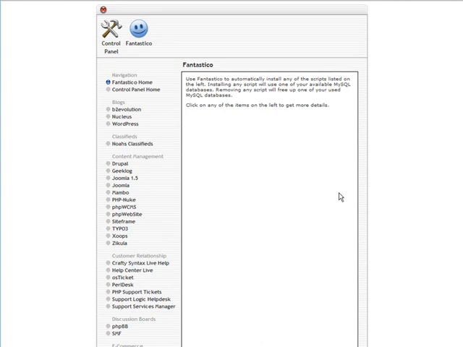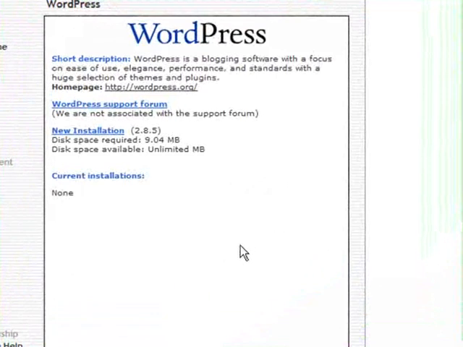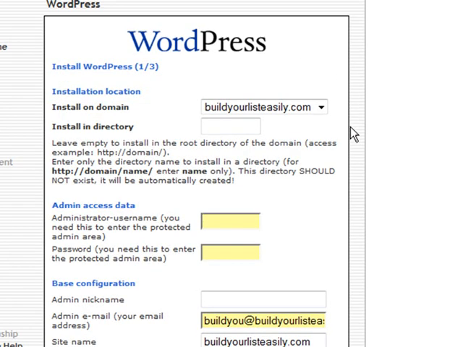Using Fantastico, there's all kinds of scripts that you can install. But what we're going to install is WordPress. So click on WordPress and then New Install. Okay, now from here you can tell it what domain you want it on, and it's going to be our current domain. You can install it in a directory. For instance, you could have